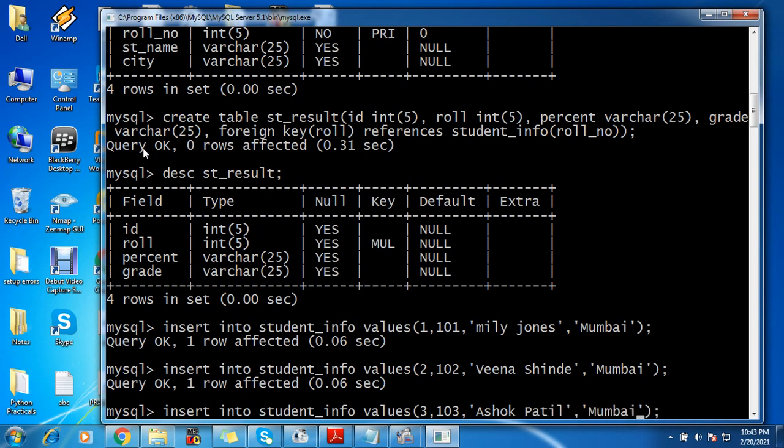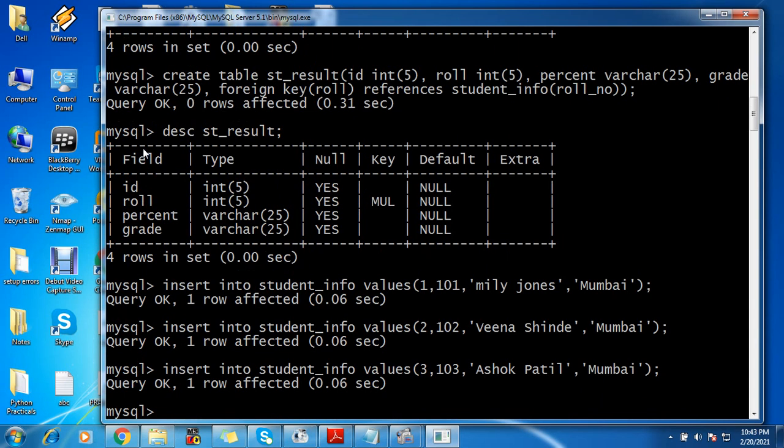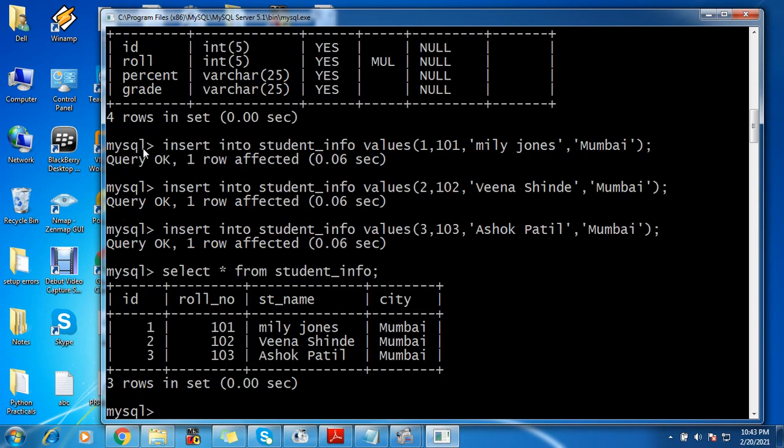City will give the same and enter. Now let us check whether all the records have got inserted successfully or not. Okay, so these are my primary or my parent table records.